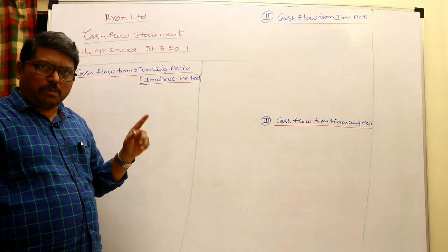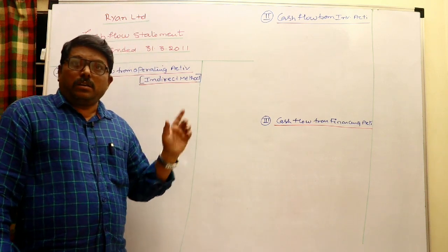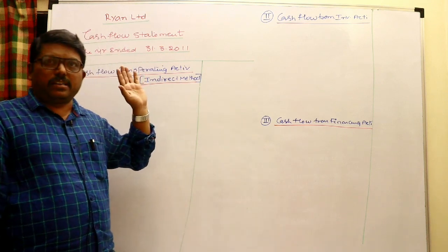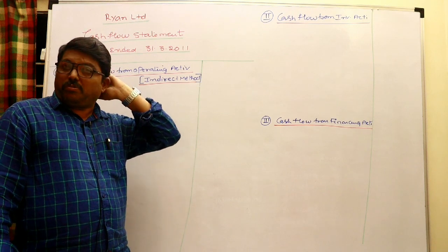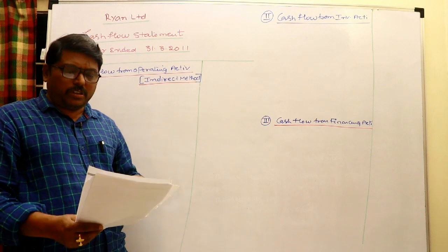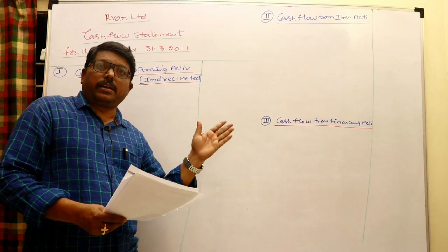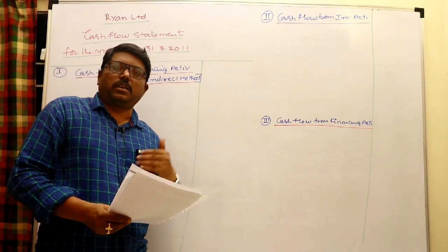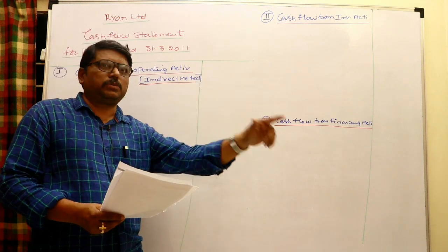So if you take net profit as per balance sheet, dividend should be added and deducted there. If you would like to take net profit after tax, you can deduct here but need not add there because it was not deducted there. What about provision for tax? For example, if you are taking profit after tax there, then provision for tax should be added back and tax paid should be deducted. No sir, I want to take profit before tax. Then provision for tax need not be added, but tax paid should be deducted.